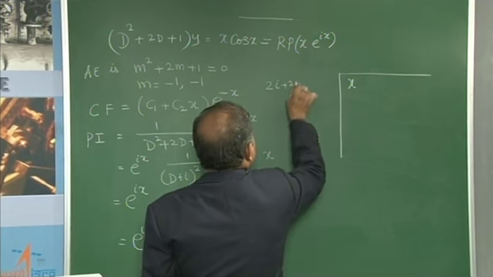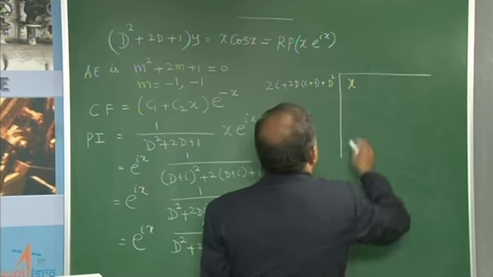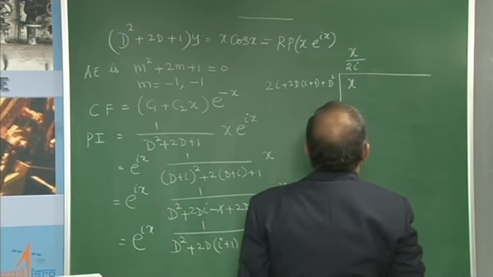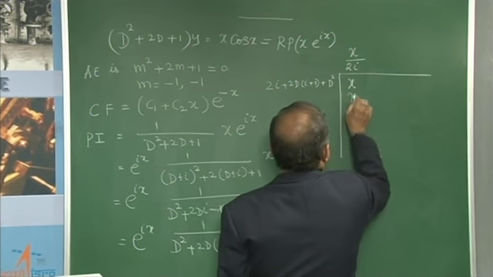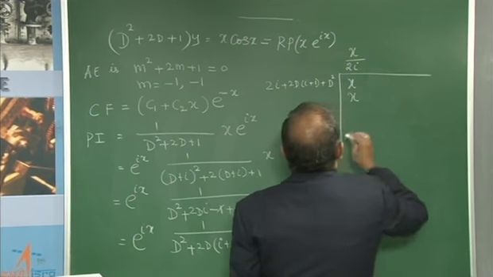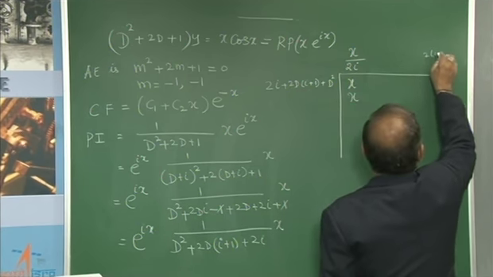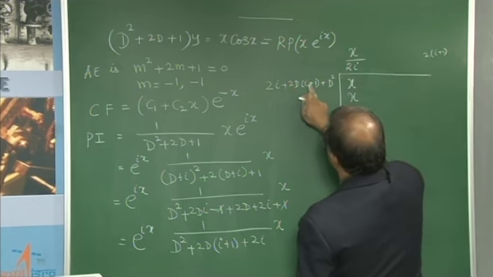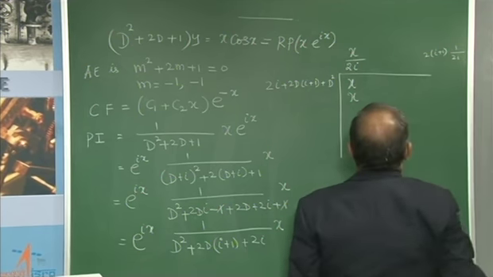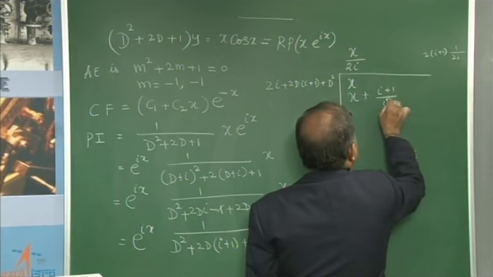Plus 2d into I plus 1 plus d square. Therefore, x by 2i, x by 2i. So, 2i gets cancelled, I will get x. One time differentiation, see here I plus 1 is there, that is what I said, be careful. 2 into I plus 1, already it is there here. One time differentiation, it will become 1 by 2i. So, 2 gets cancelled plus I will get I plus 1 by I.